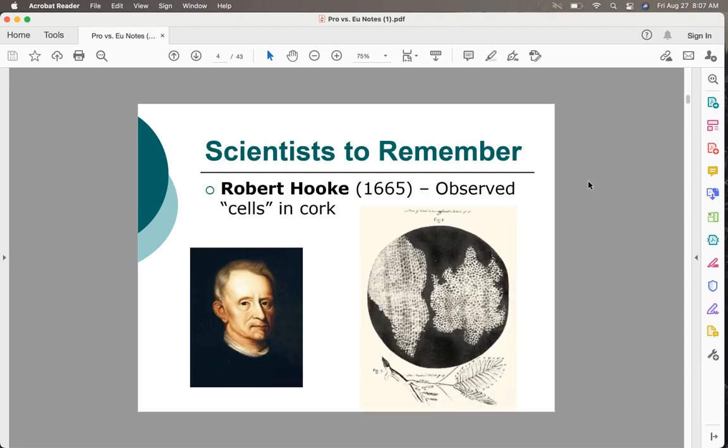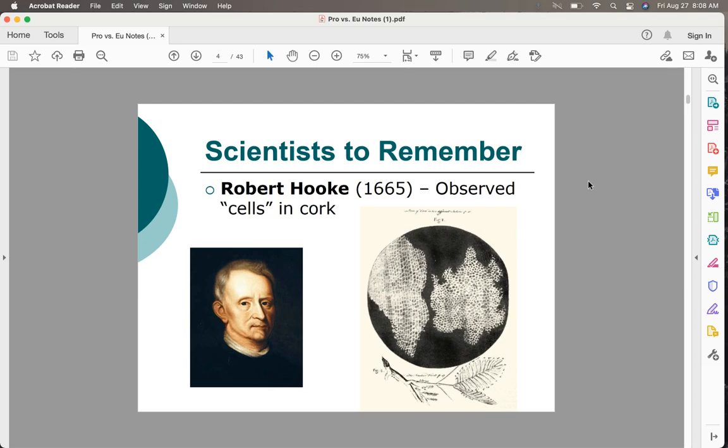Okay? We're going to talk about Robert Hooke. A very long time ago, 1665, he observed cork cells under like the first makeshift microscope. Okay, so here is his drawing when he was observing cork cells. Now, cork is a plant. And as you can see, it's very compact in the brick-like structures that we're used to seeing associated with plants. And he called these little cells